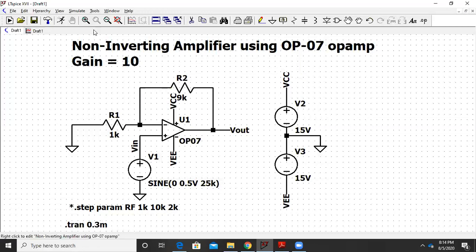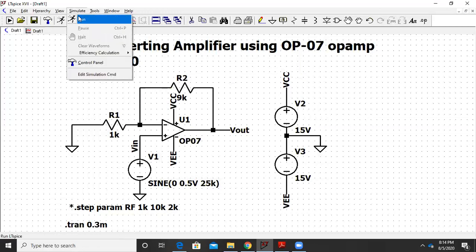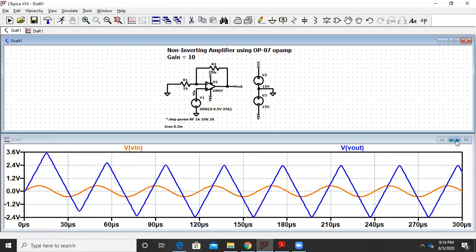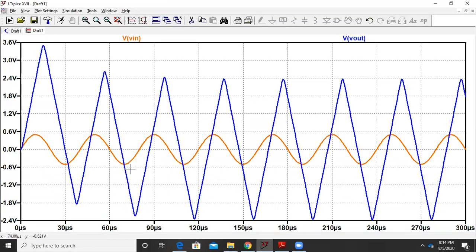So let us observe the waveforms now. How does it look like? So that's how it looks like. Here is my input and this is my output. The initial first two cycles you need to completely ignore because the initial conditions are being set up. From here onwards, it's perfectly fine.